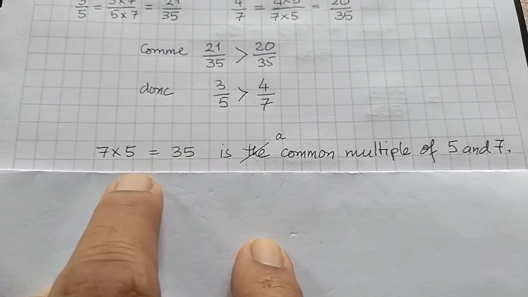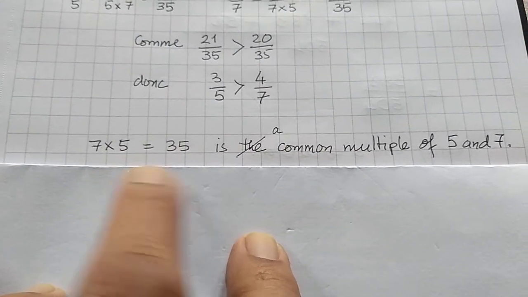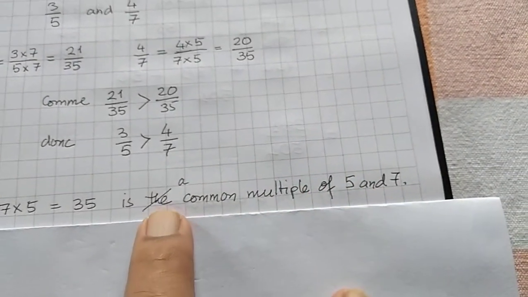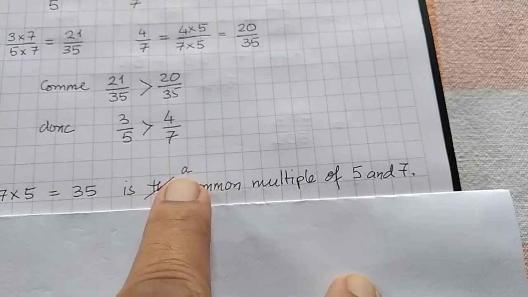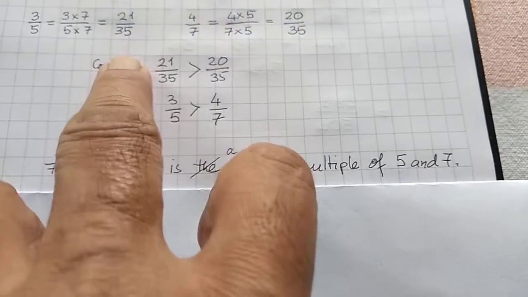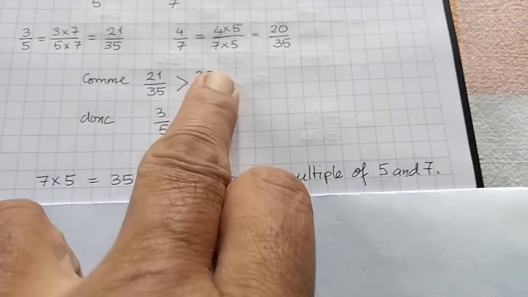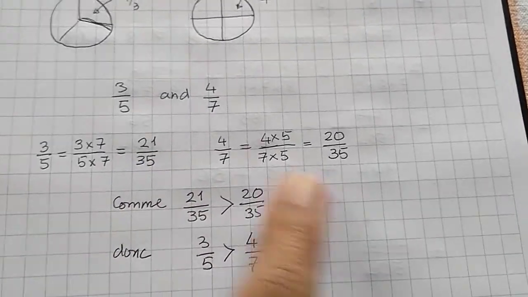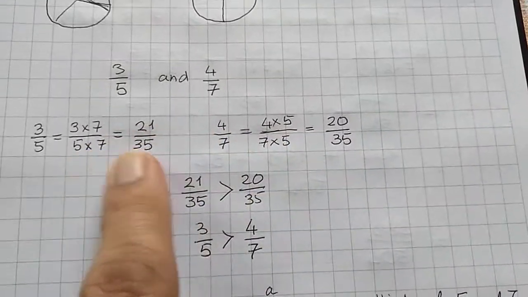So 7 into 5 is equal to 35, which is a common multiple of 5 and 7. What is another common multiple of 5 and 7? So basically what number can be divided by 5 and 7 both? 35 obviously, but 70 also, double of 35, 70 can also be divided. So here you could take